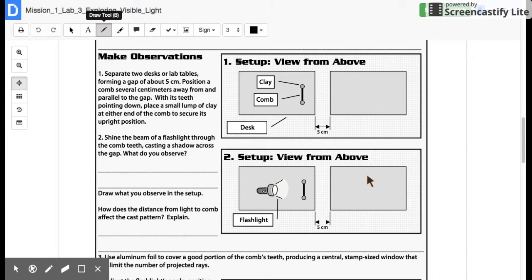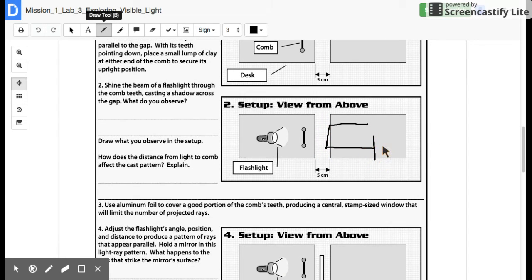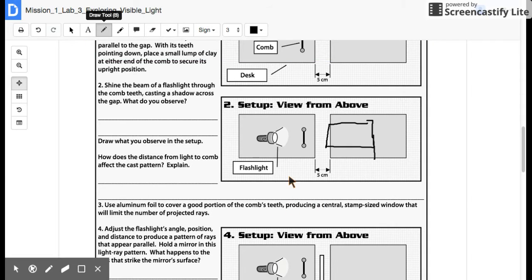And I will give you this white sheet of paper, and it's just going to allow you to see, whoa, that's moving on me. That's going to allow you to see the rays better. Now, you do not draw on the sheet of paper. I just did that to show you that that's something that's going to be there. When you draw yours, you're going to simply draw what the rays look like as they pass through the comb